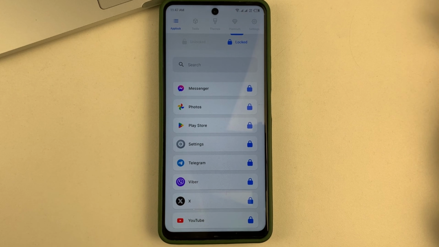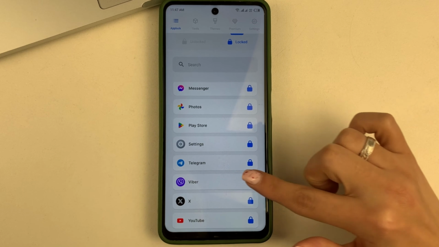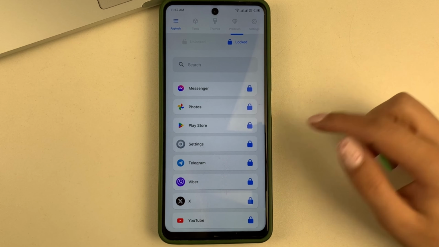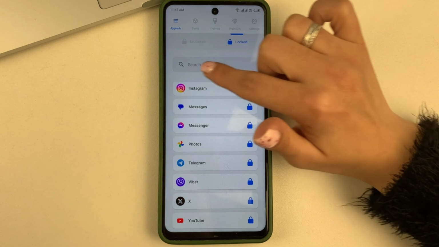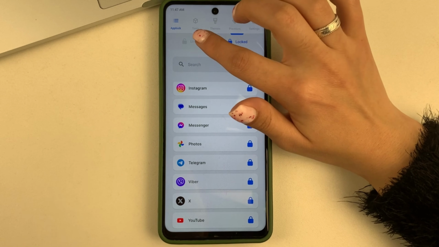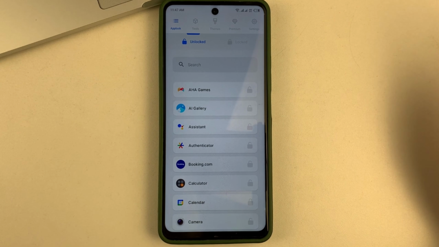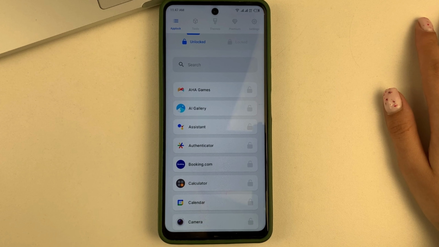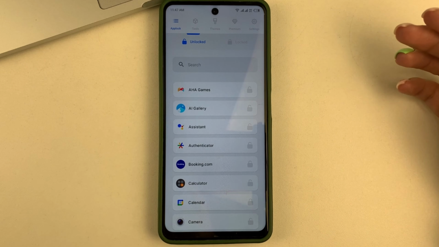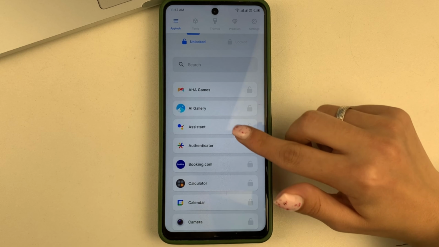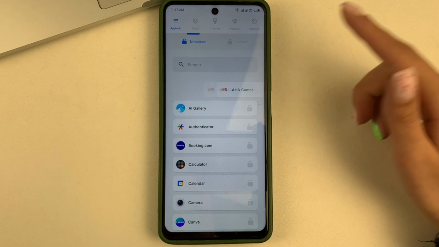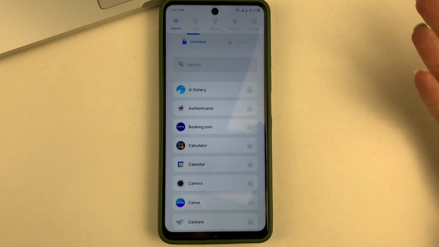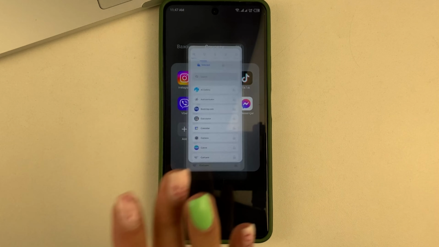What do you do if you, for example, do not want a certain app to be in the block? Then next to it you click on the lock and this application automatically comes to the unlocked folder. And you can do the same with unlocked applications. You can click on the open lock sign next to them, and they will go to the blocked folder at once. In this simple way, you can block absolutely any application.